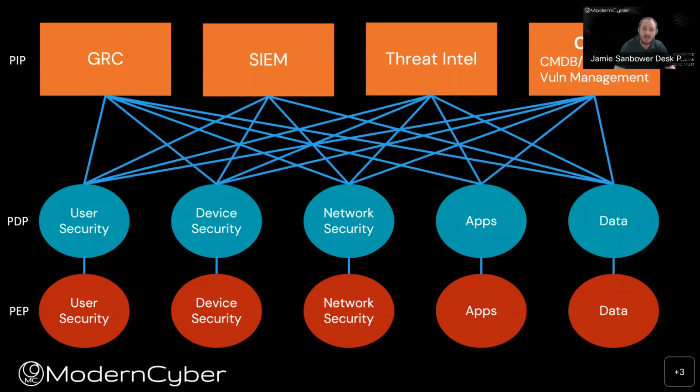So if we've got, for example, network security and network access control and segmentation, that might need to be integrated with your governance, risk, and compliance solution, with your SIEM, with threat intelligence, with your patch management, vulnerability management, and a ton of other tools. Now you can see this is a very high level diagram. In practicality, an organization might have 50 or 60 different sources of information. This means that you have to figure out how to integrate and how to build consistent policies, not only within a pillar, but across these pillars as well.